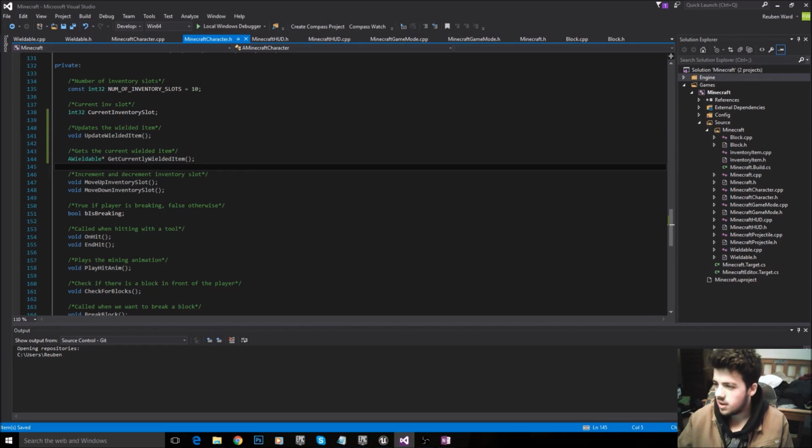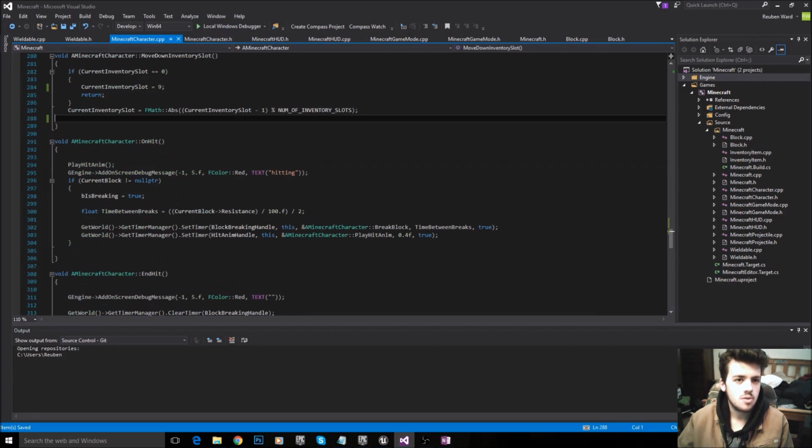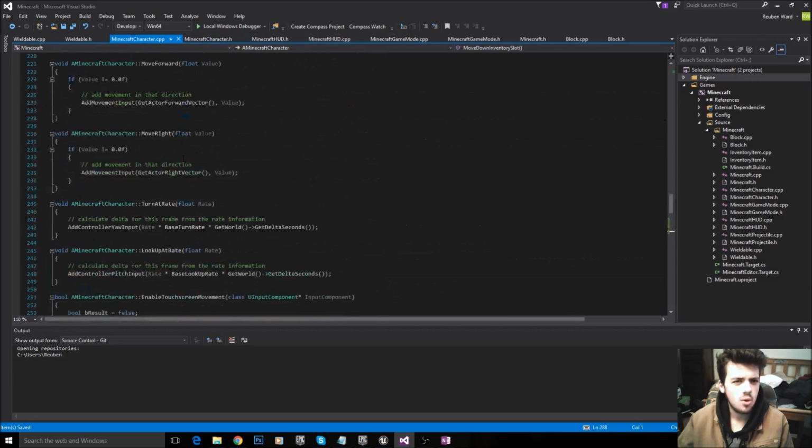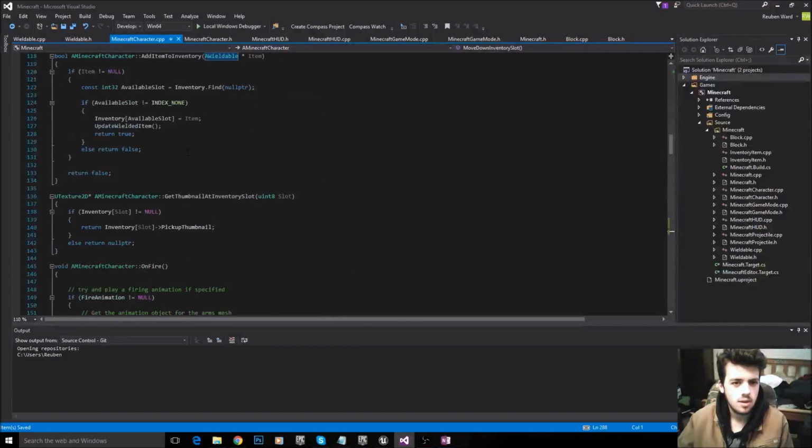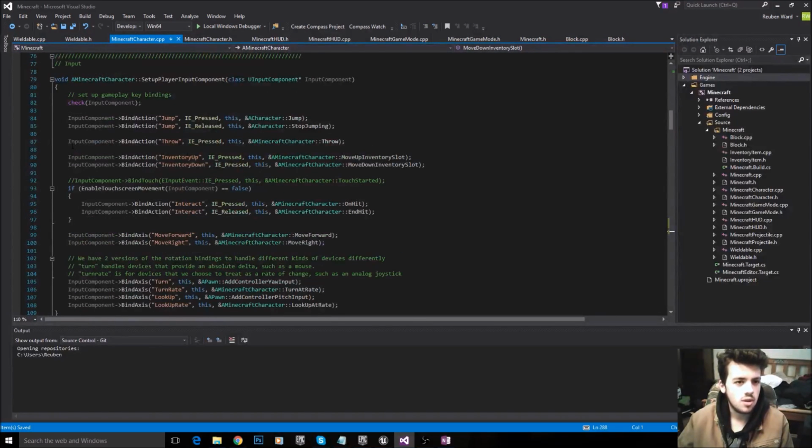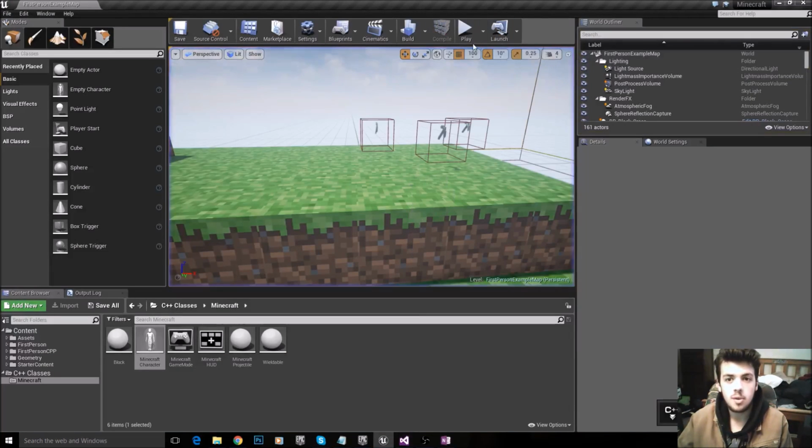Okay, what do we want to do next? Well, we've done update wielded item. We've done get currently wielded item. Let's just make sure that actually works. I'll have to remove a couple of lines of code here, because I haven't built my throw function yet. We'll get rid of this line. Alright, so we should be able to compile now, and it should all be working. So it should successfully check what slot we are at, and then update the item depending on the slot. But you never know, I might have missed something.